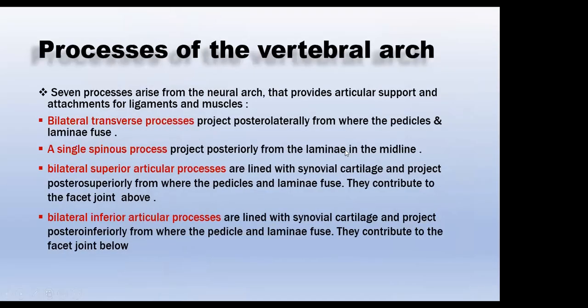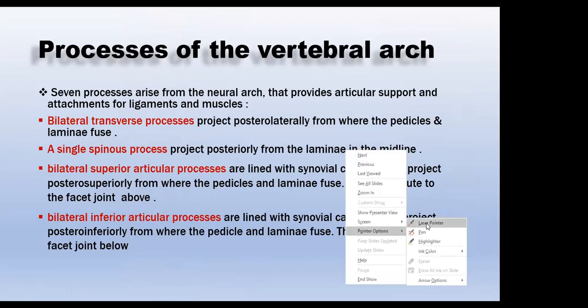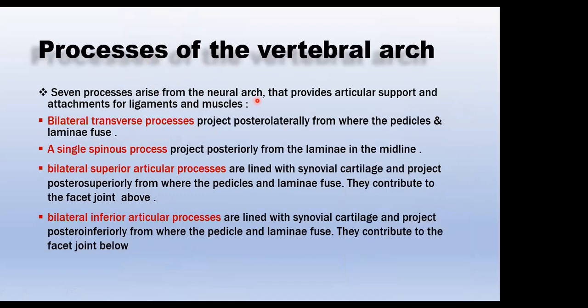Now we have the processes of the vertebral arch. Seven processes arise from the neural arch that provide articular support and attachment for ligaments and muscles. Bilateral transverse processes project posterolaterally from where the pedicles and lamina fuse, and a single spinous process projects posteriorly from